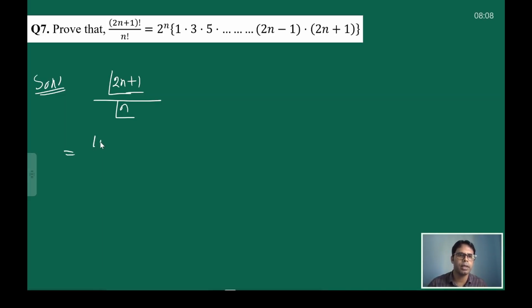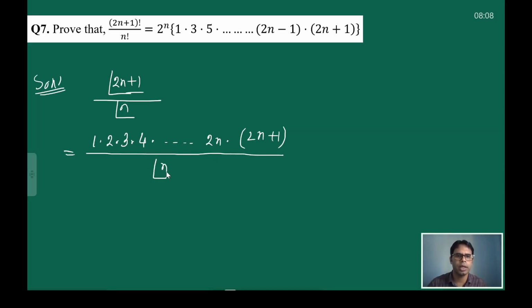So it is simply 1 into 2 into 3 into 4, going like this up to twice n and the last term will be 2n plus 1, and whole terms divided by factorial n, obviously remaining the same. And this is equal to, see the question, if you observe, you will see that 1, 3, 5, meaning the odd terms are separated from this. So if you separate those odd terms, what will come, look. If odd terms are separated, then I took 1, I took 3